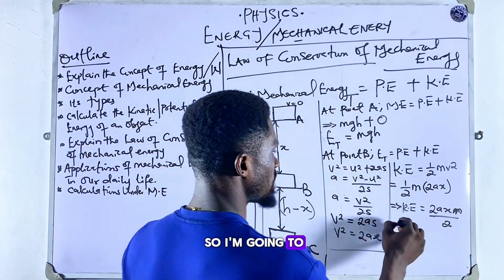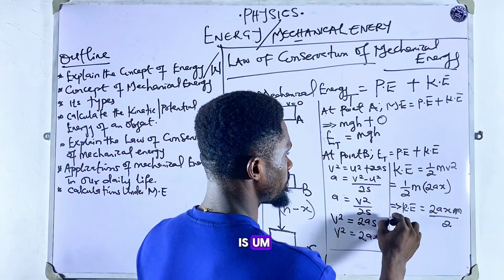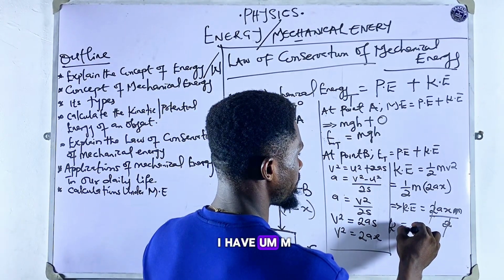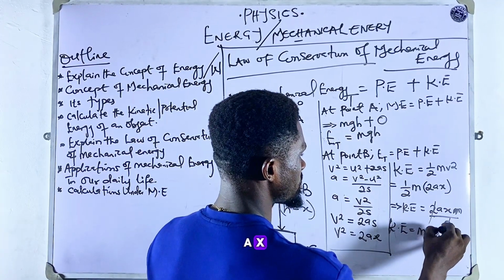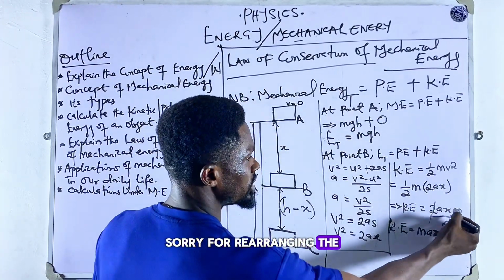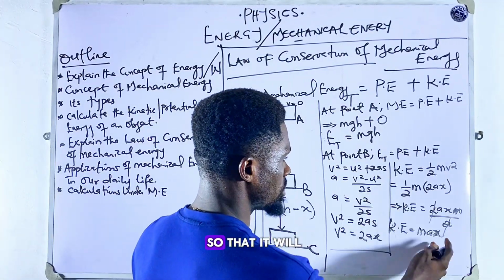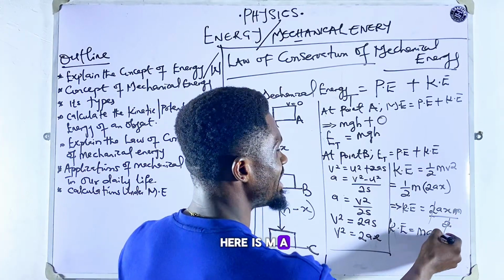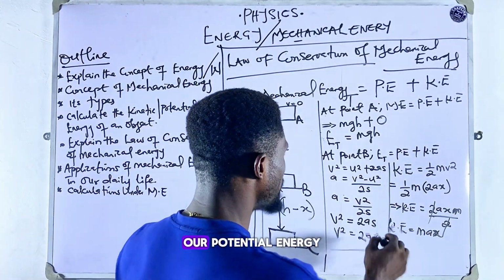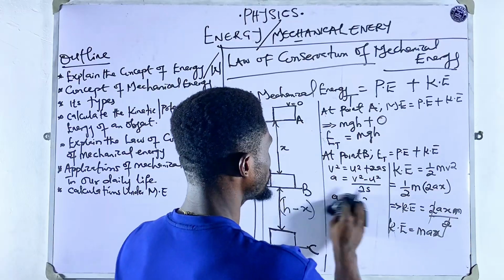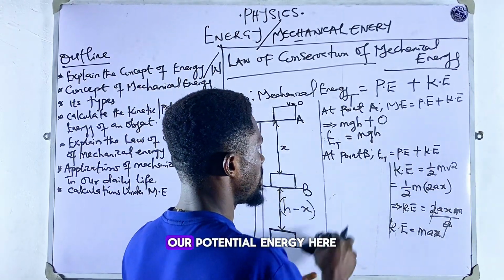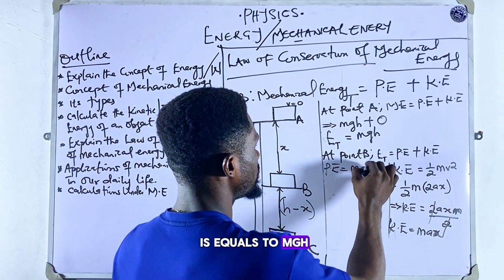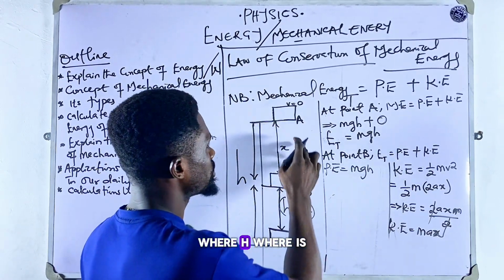Are you with me? So I'm going to have that kinetic energy is, this will cancel this, I have max. Sorry for rearranging the distance. I'm meant to have my m here so that it will make much more sense. So our kinetic energy here is max. Are you with me? Then our potential energy here is equal to mgh,